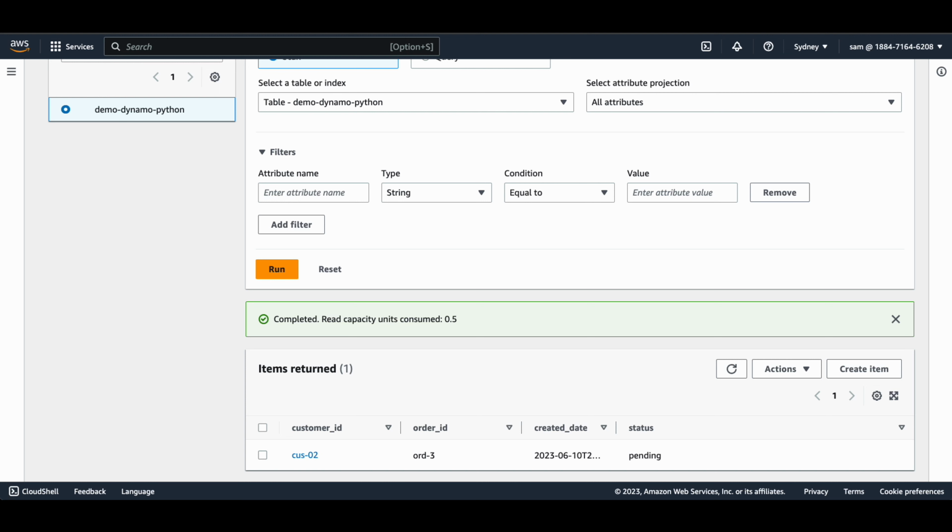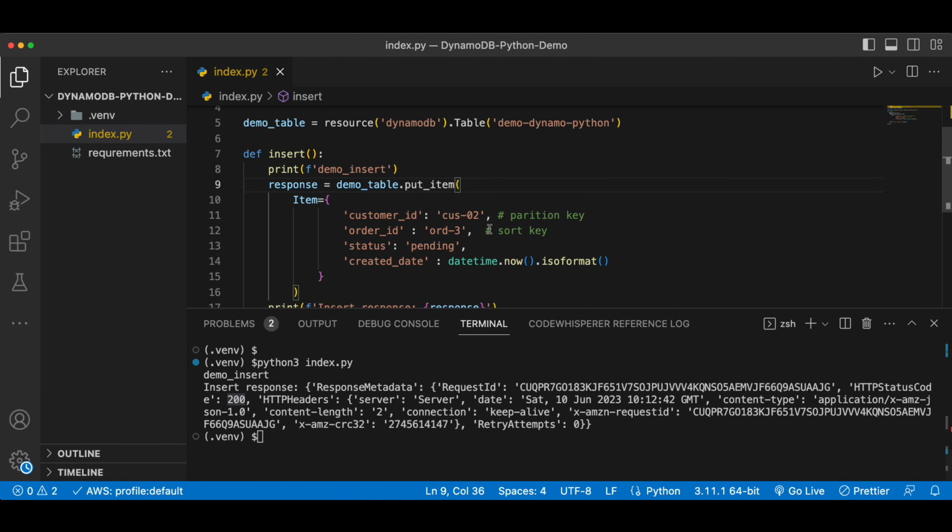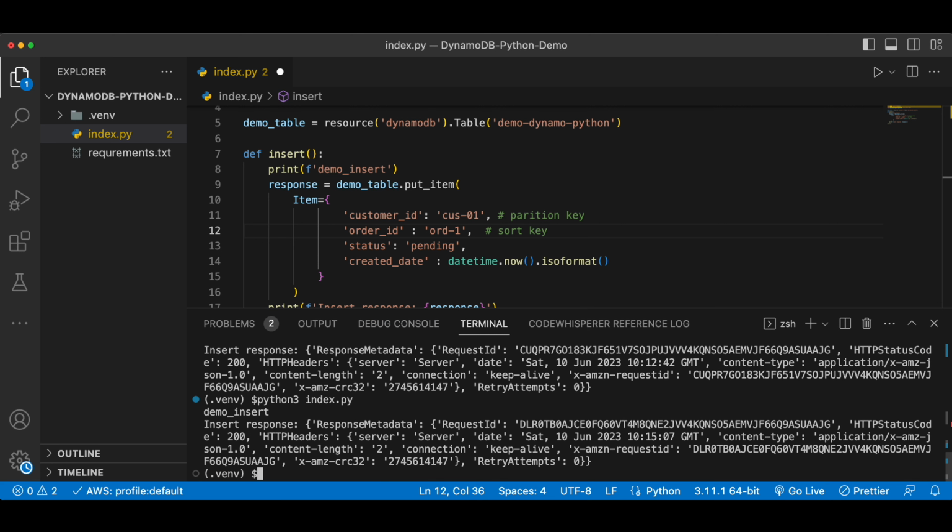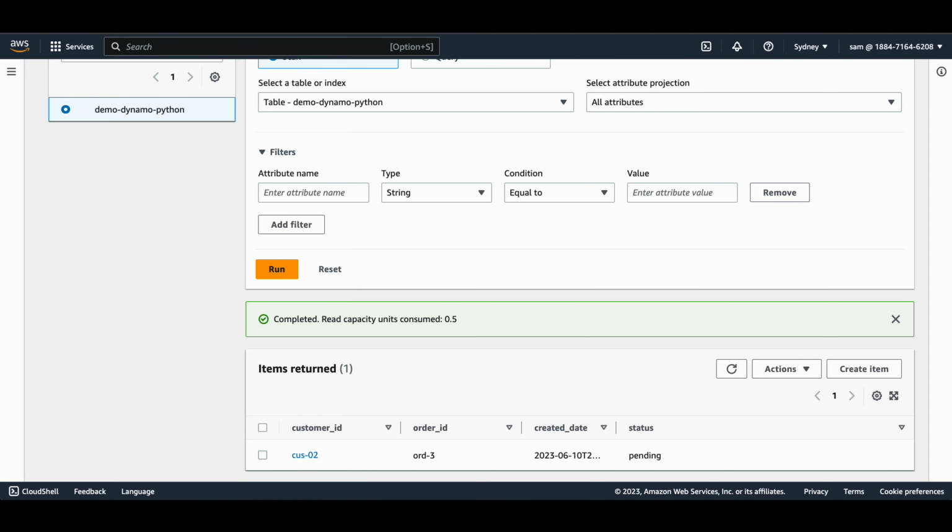Let's create a couple of records. Right, so we will create a few records. So for example, for the customer, we create an order ID 1. Right, success. Let's say for the same customer, we will create another record. And let's see what's in our data table. So if I run this again,